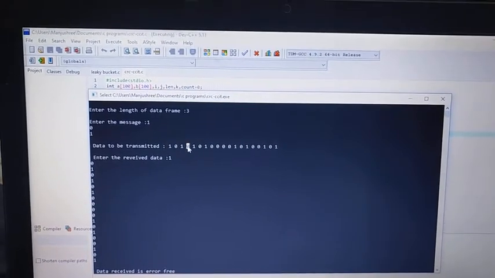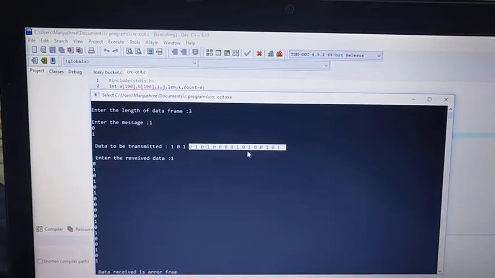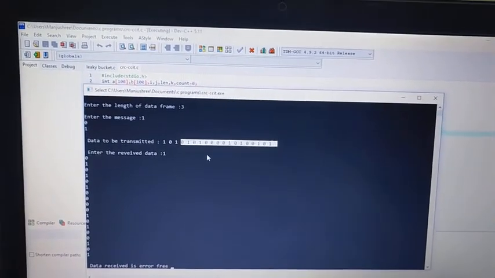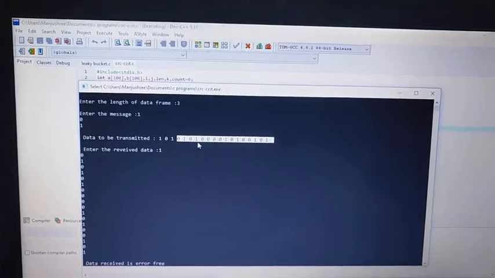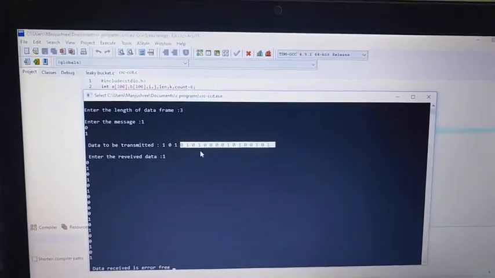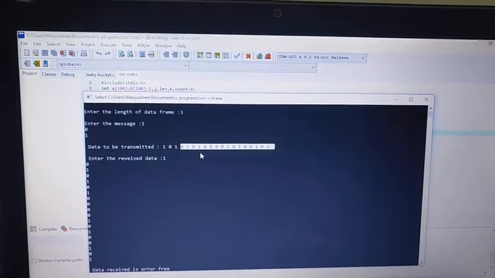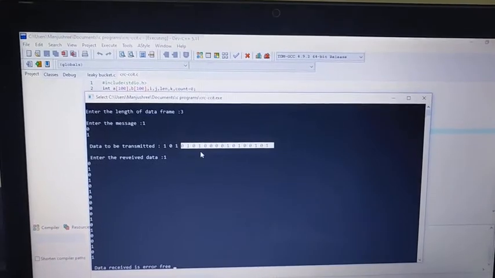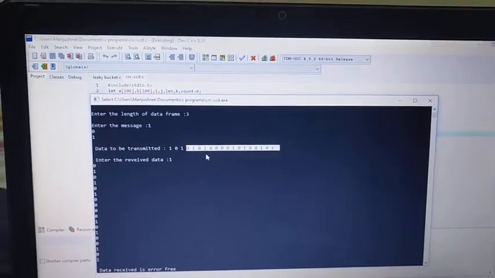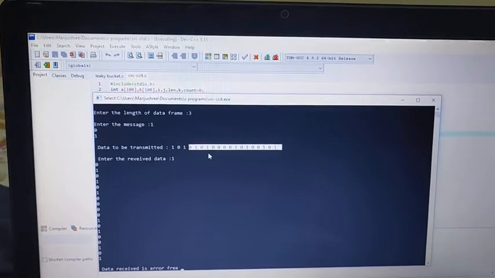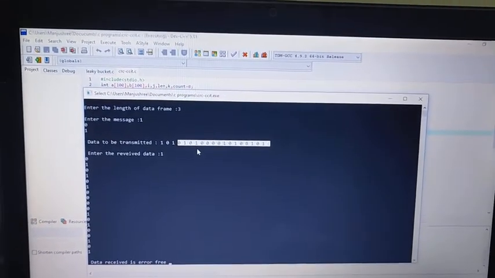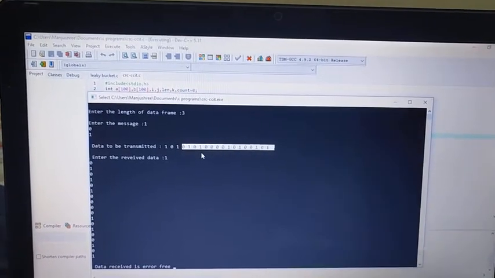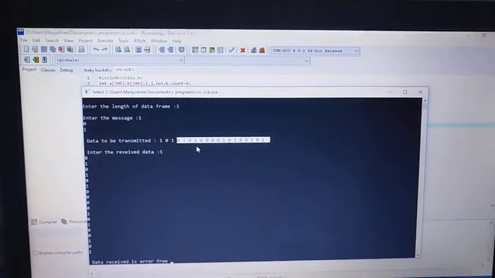Then what is the remaining part? The remaining part indicates the CRC, nothing but a cyclic redundancy check. Why is there a need for a cyclic redundancy check? The data that is transmitted combines redundant bits along with the data, so that if noise or disturbance is added to the data in the channel, the receiver should not get noisy data.